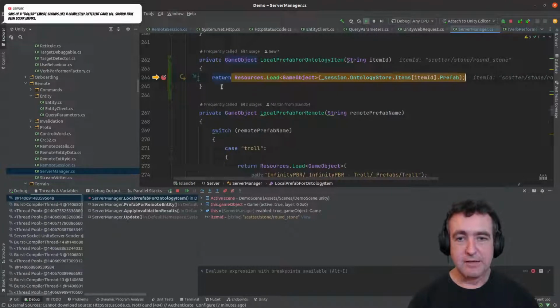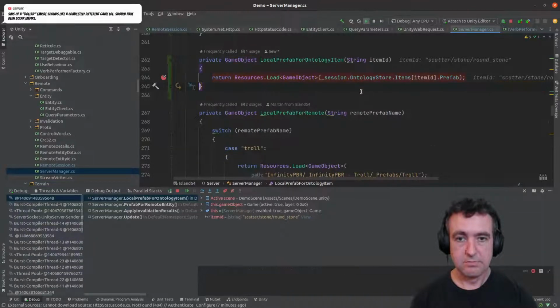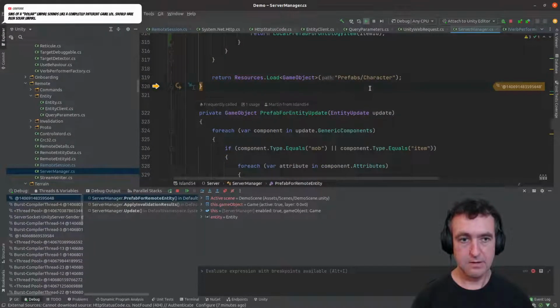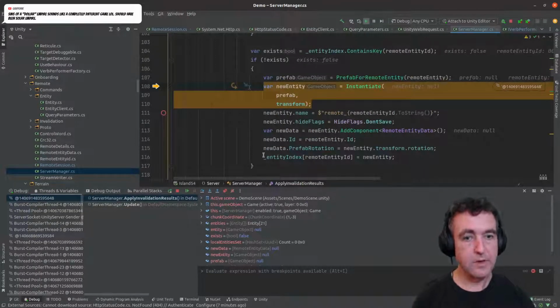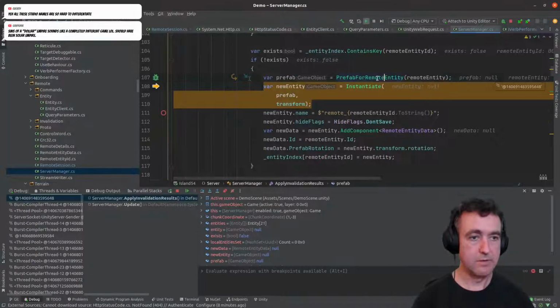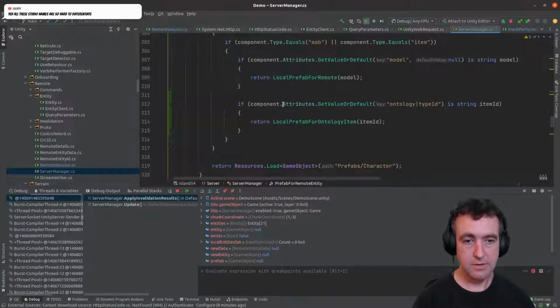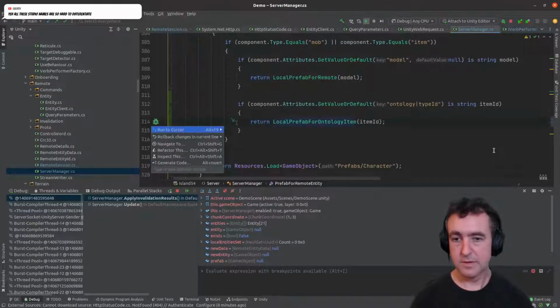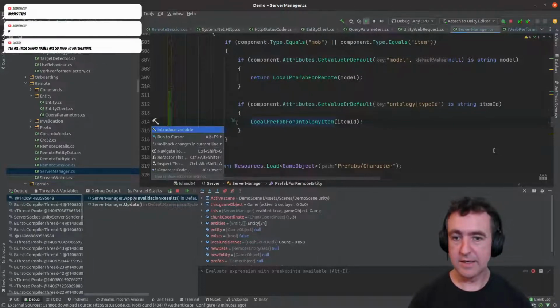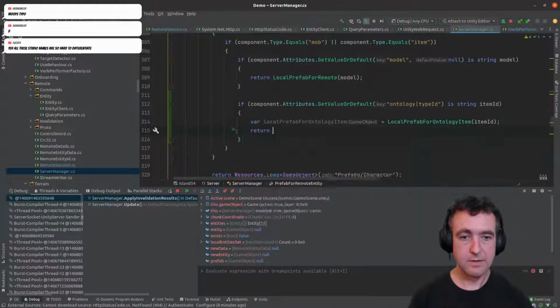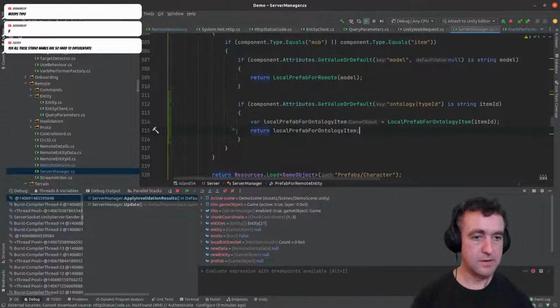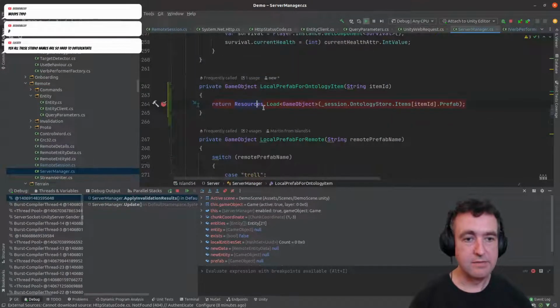I don't see what's wrong with that. Prefab is null. Okay. I get it to split this. And back in here,